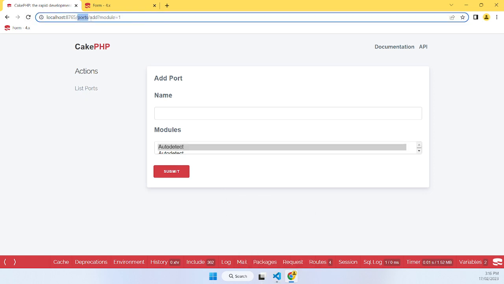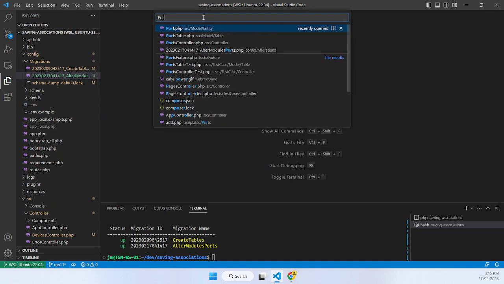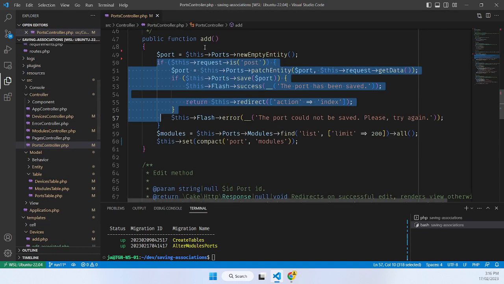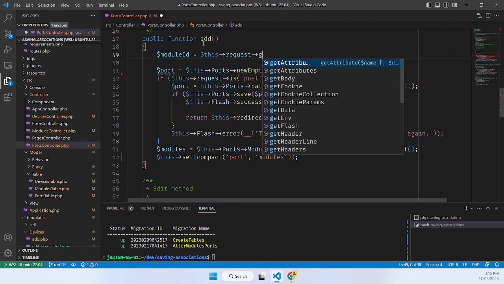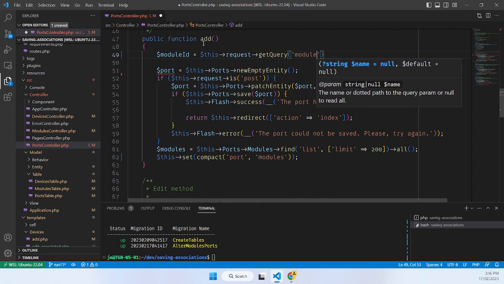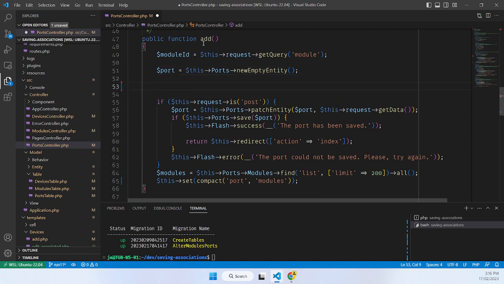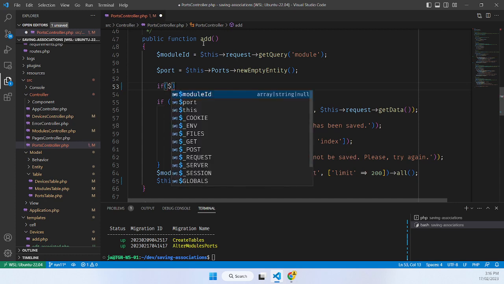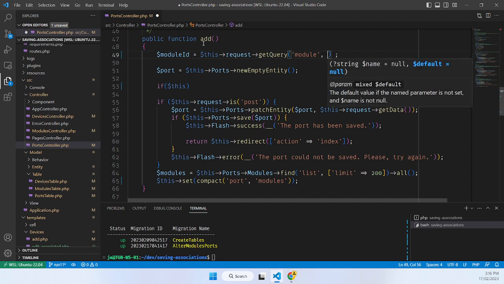So let's go to the ports controller and the add method. We know that we're trying to connect the port to the module, so we're looking for a module ID, and again it's the same get query. Once we have that, we again have two different ways of doing this, but it's slightly different. So we'll do the entity style first. We want to say if that's going to be empty, just give me 0,